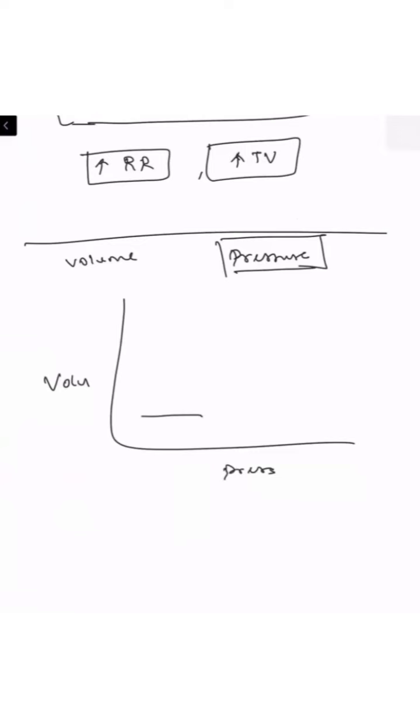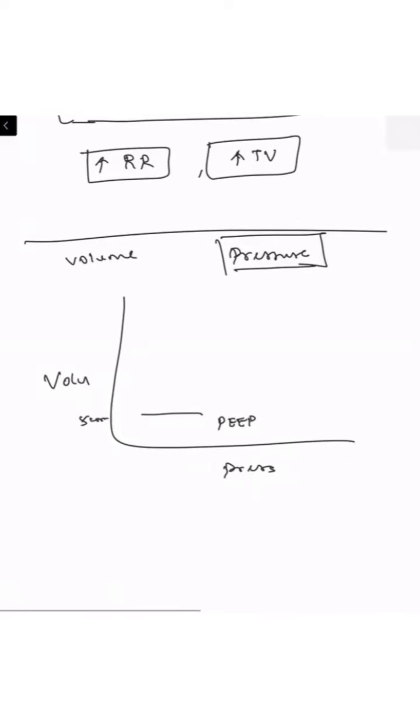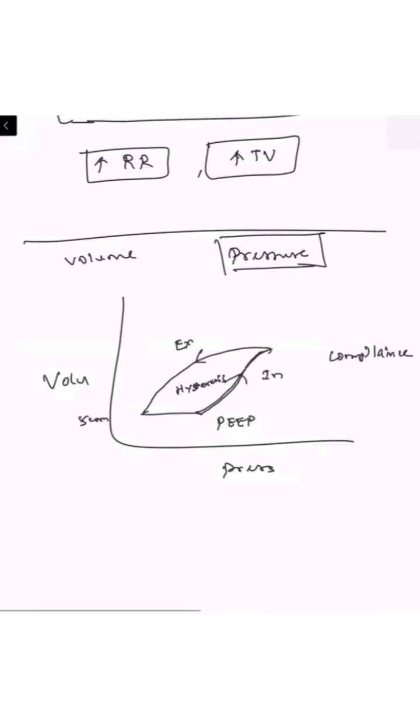There will be some pressure present inside the alveoli, which is nothing but our positive end expiratory pressure, almost 5 centimeters of water. So during inspiration, there will be an increase in volume and pressure. After the inspiratory curve ends, there will be expiration of the inspired air. So you will have the inspiration and you will have the expiration. So the difference between the inspiratory and expiratory curves is called hysteresis. This is the normal compliance curve of the lungs.